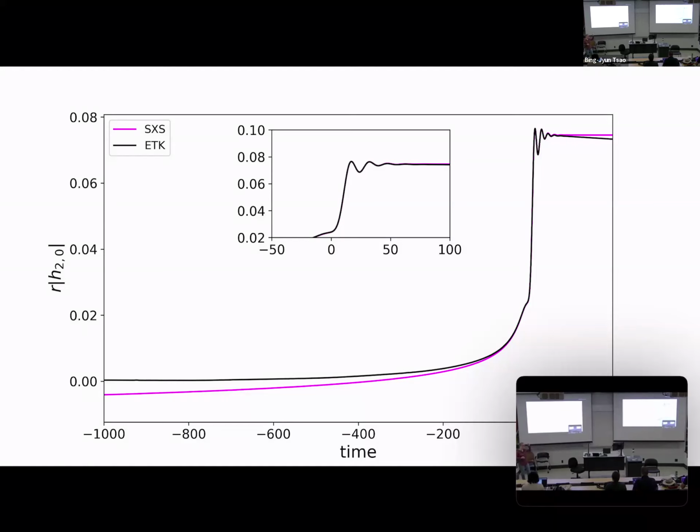But when I was making the slide and defining the super rest frame, I noticed that it said where the instantaneous memory is 0. I realized what I actually needed to do here was, when I transformed the frames of these two waveforms, make sure that they were in the same frame at the same time. I think that would fix this. But just aligning them, it's shocking how good at merger that did.